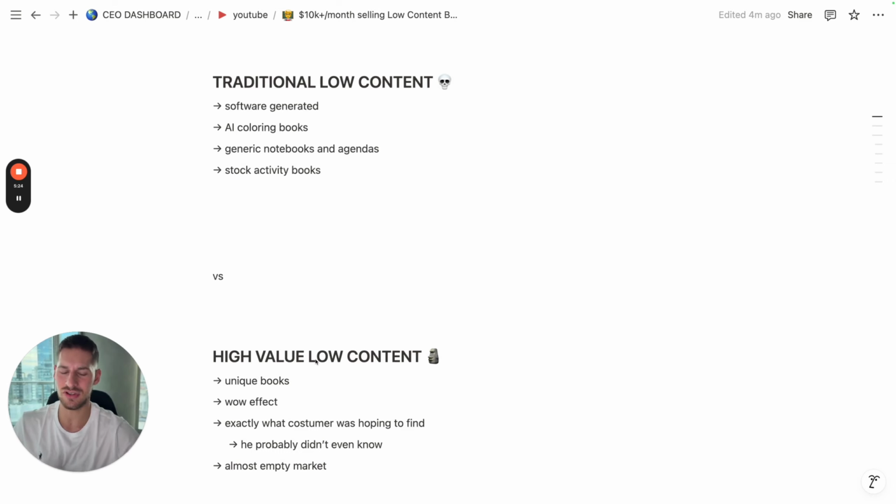And actually, this is a very important part to understand. This is exactly what the customer was hoping to find. So when they open Amazon, like every customer, there is a thing that they're going to buy if they see it. If this exists, there is a specific thing that all the customers would like to buy, and they might not find it, so they might not buy anything, okay?